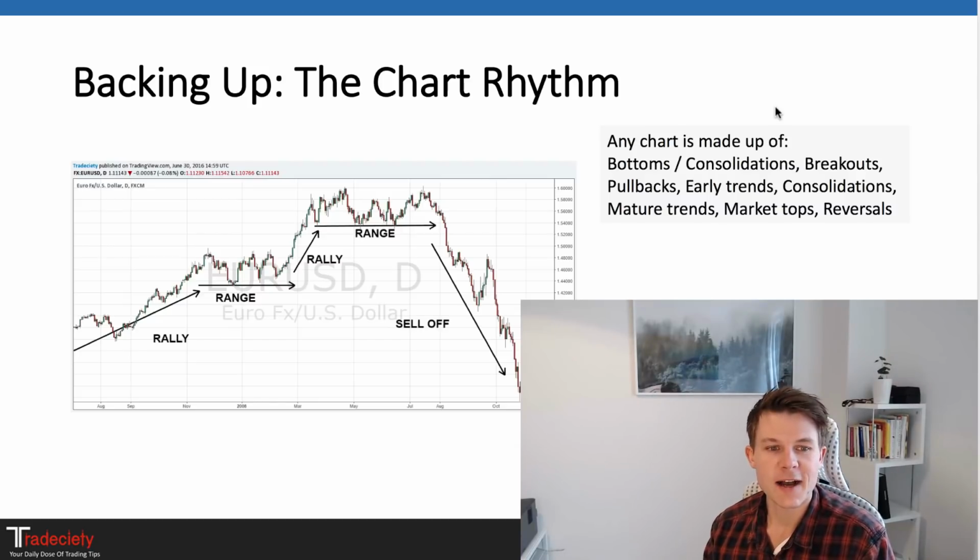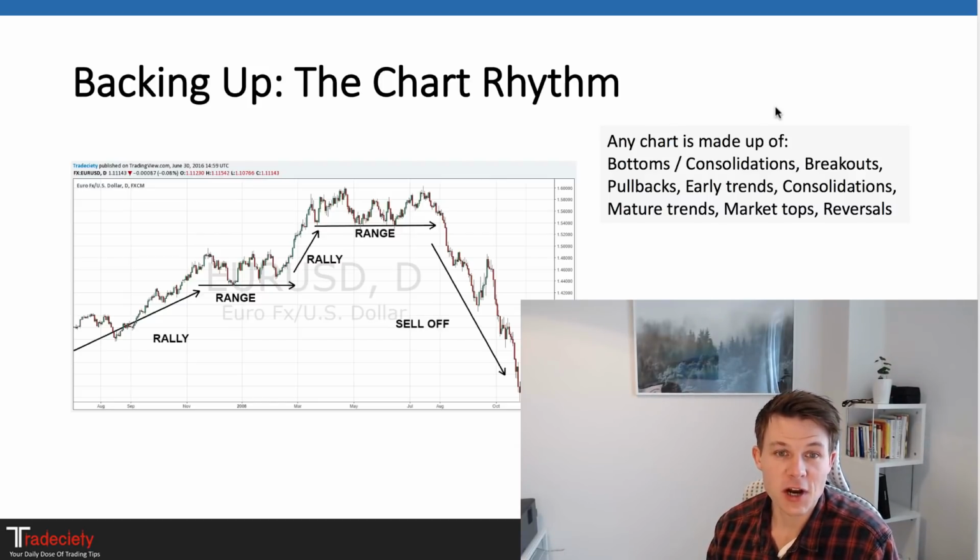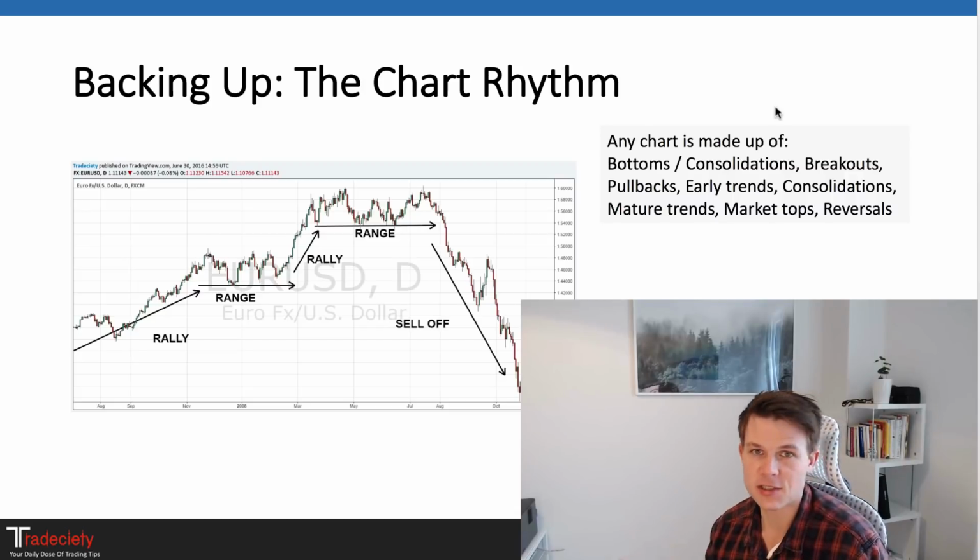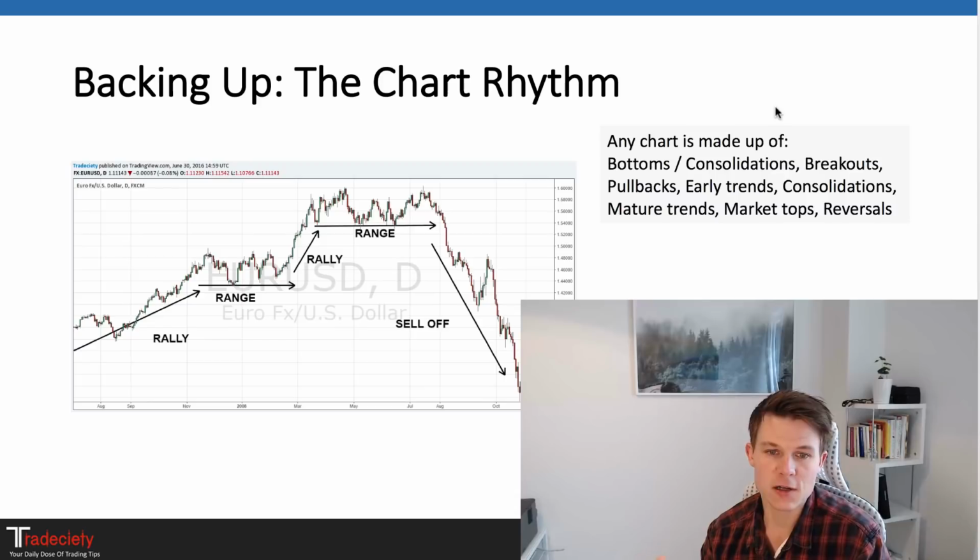Of course, this is not how the charting will work all the time. The sequence may change, the strength of the individual periods may change, but basically those are the 6 or 7 phases that any chart can be made up of. There's nothing much else, and we need to understand that those are the only things that can happen on our charts. Of course, important to understand the phases can change, and also the strengths and how strong those things manifest on your charts will always change. But that is where the deep technical analysis comes in.